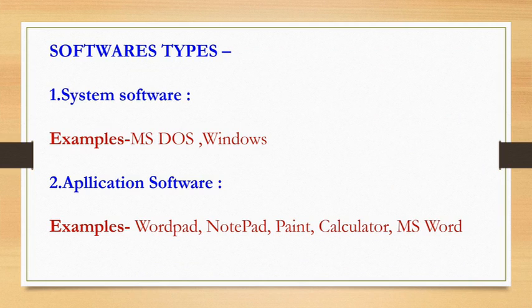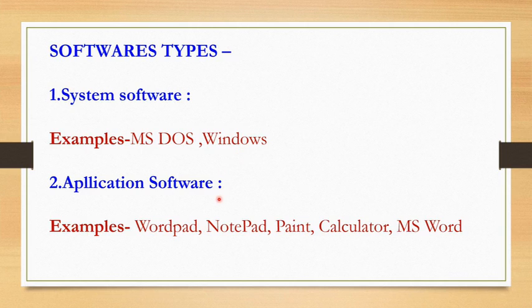System software means that which runs the system, the complete computer or laptop system, correct? Like MS-DOS and Windows. These are the two important softwares. As the computer is switched on, system software is loaded in RAM for smooth functioning of different devices. It is a set of programs which connects the application software and the hardware devices. It controls the operations of a computer. Examples: MS-DOS and Windows.